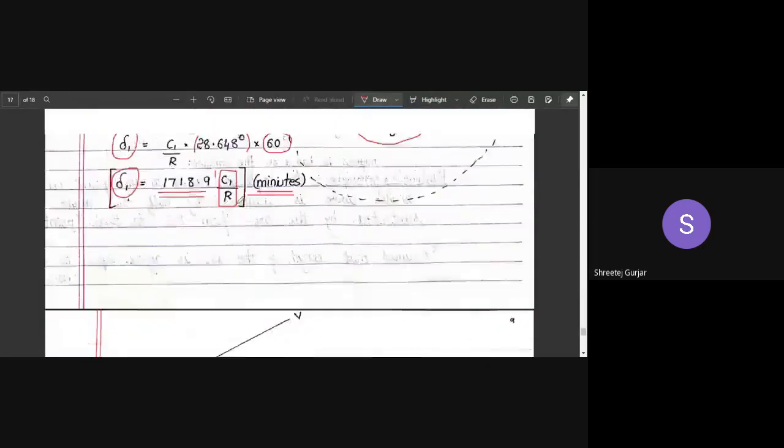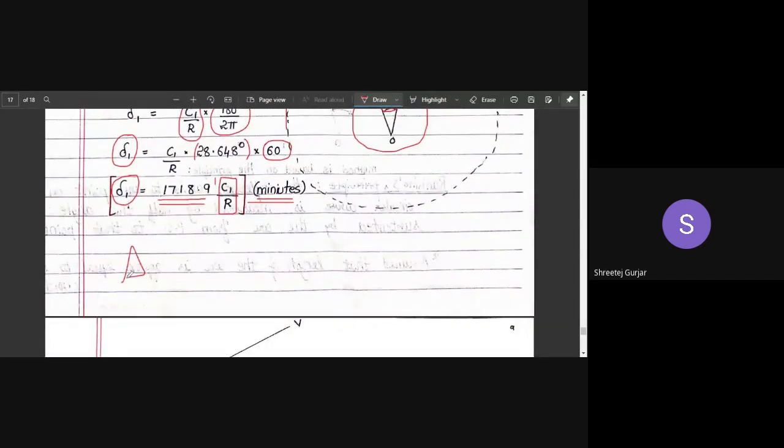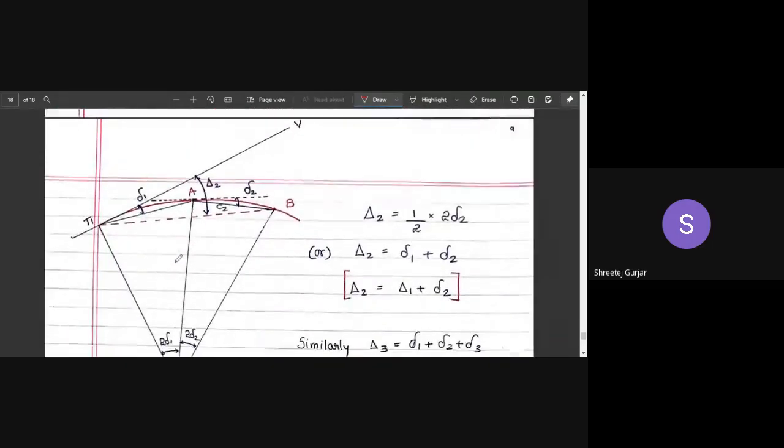Okay. So once the first is done, now we have to calculate delta 2, delta 3, and so on up to delta n. Only the first thing is done. Now we have to calculate the second, the third, and check whether we can form any relationship between chord, radius and deflection angle, and whether we can form a generalized formula. We have to derive this generalized formula. So now the second one.